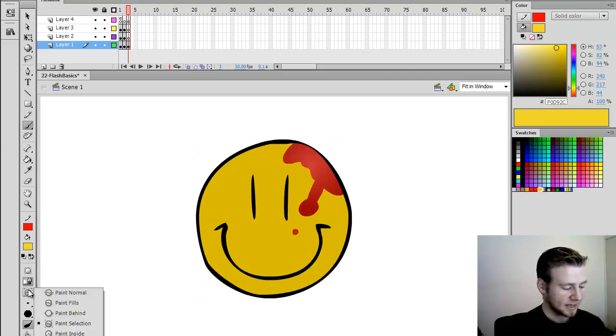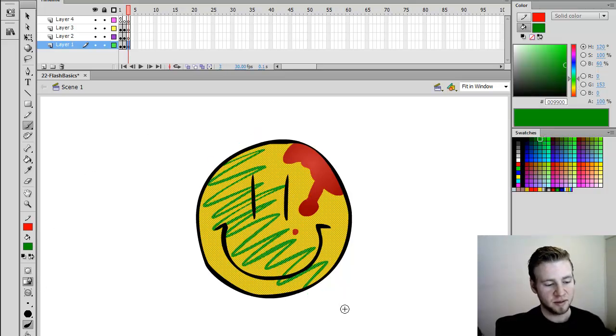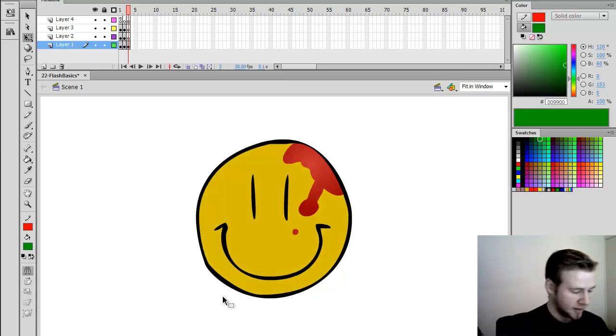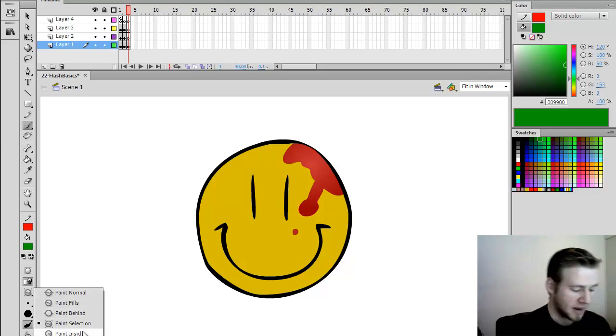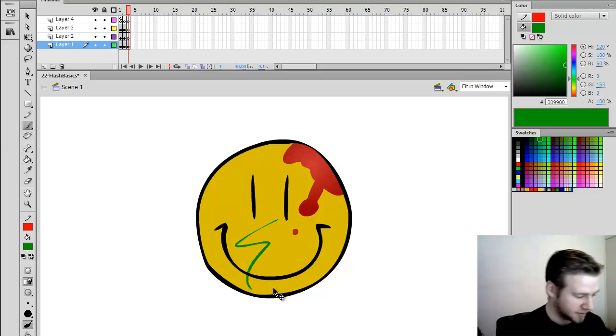Now, the paint selection area, which is the next one on the list, means that if I select an area, let's say this yellow of the face, and change my brush color to a green, whatever I paint, if I scribble there, will only appear in the area that I've selected. So that can be useful too. And then finally in this area is paint inside, and I don't really use this, so